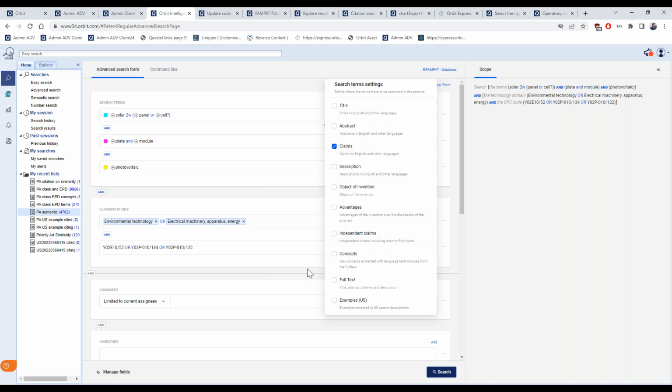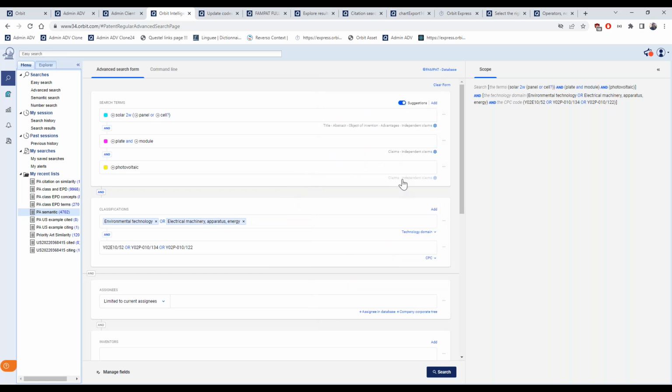So if you remove independent claims, the search will run only on claims, on dependent claims. And the same if you opt for the contrary. So make sure before running the search to see which fields are selected on the bottom.